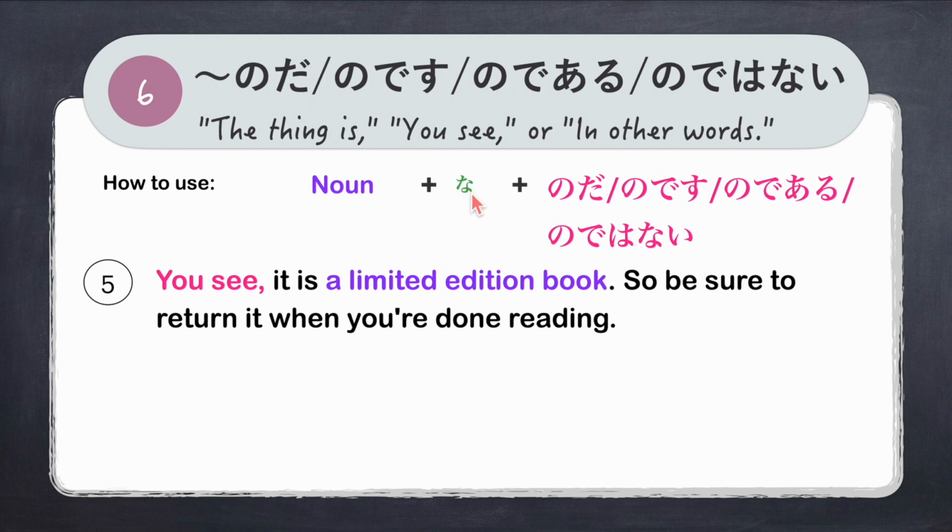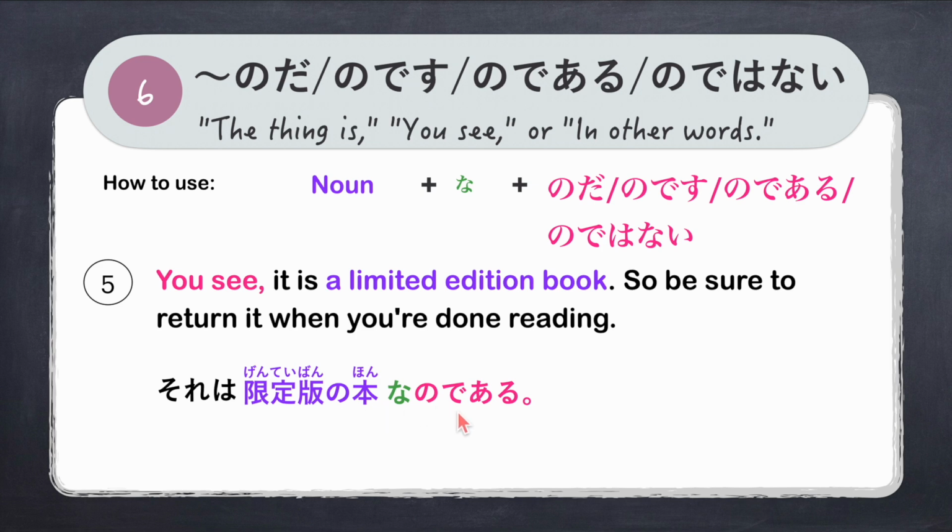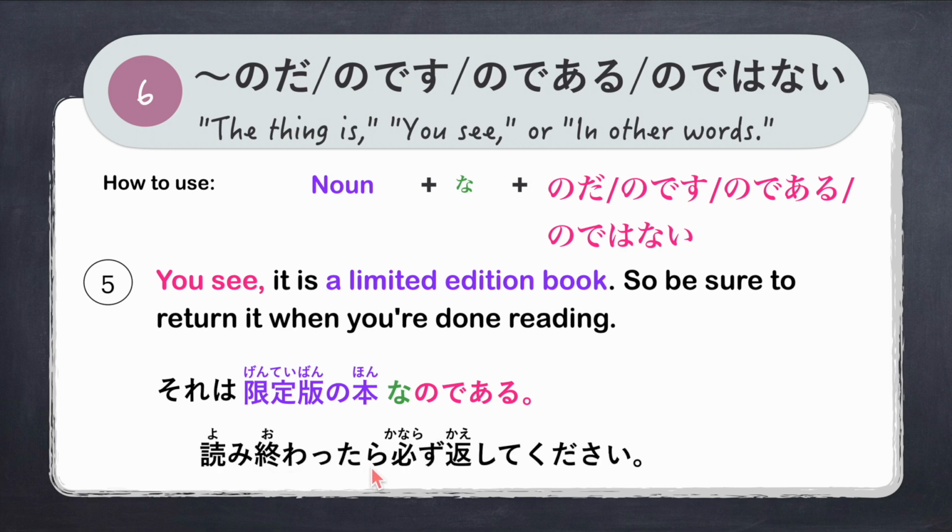Next is using a noun. Again, for nouns, we need to add な also. For example, you see, it is a limited edition book. So be sure to return it when you're done reading. We say, それは, a limited edition book is 限定版の本, 限定版の本なのである. So it's just the formal form of のだ or のです。のである。それは限定版の本なのである。読み終わったら必ず返してください。それは限定版の本なのである。読み終わったら必ず返してください。